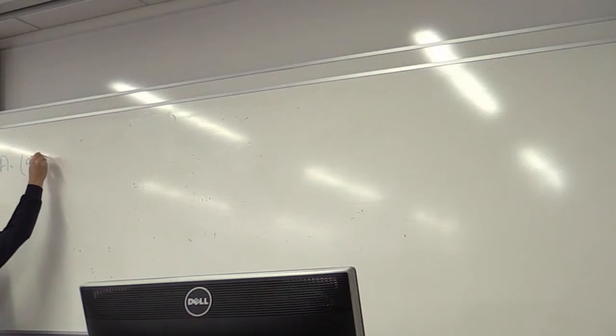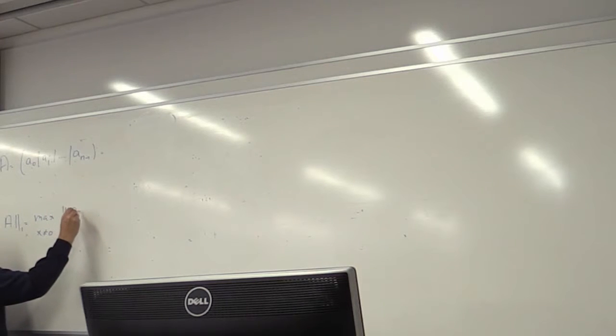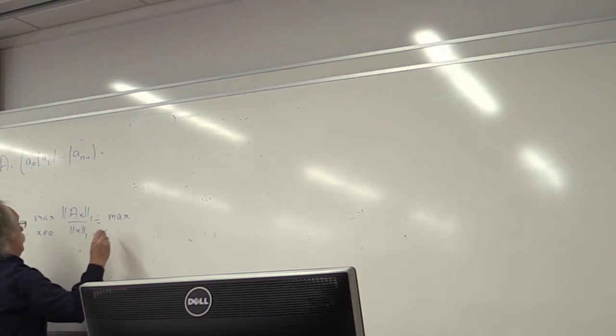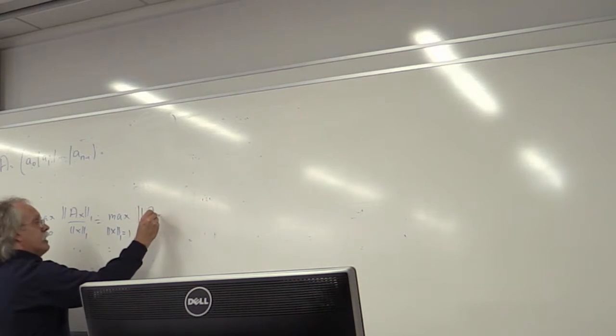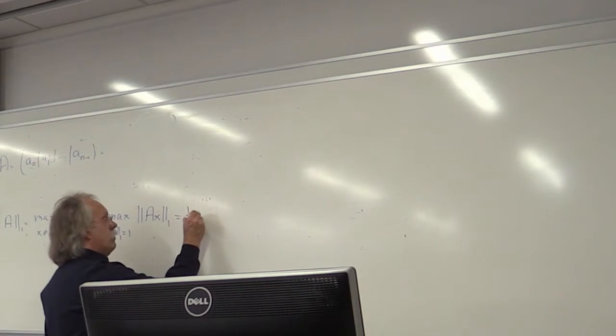If you take your matrix A and you think of it as a bunch of columns, then it turns out that the matrix 1 norm, which is defined as the max over all x not equal to 0 of Ax in the 1 norm over x in the 1 norm, and equivalently is defined as the max over all x with 1 norm equal to 1 of A times x, is actually also equal to the 1 norm of a_J, let's put a capital J there,